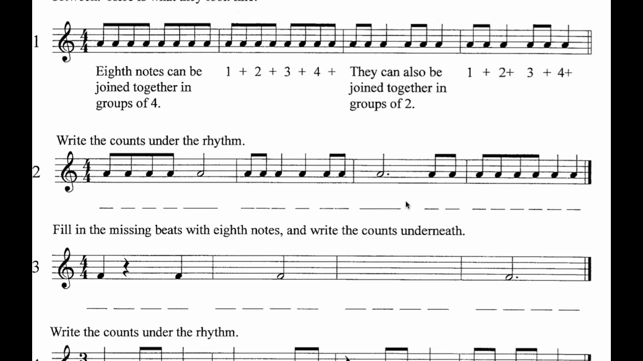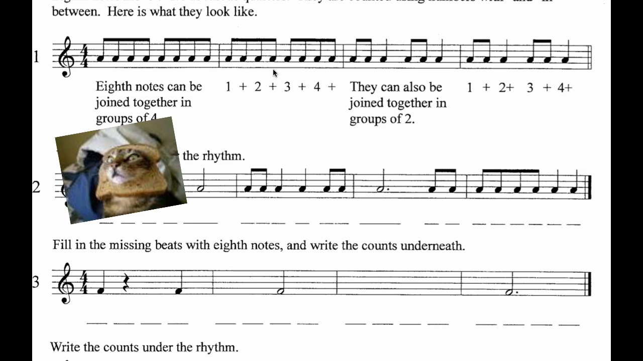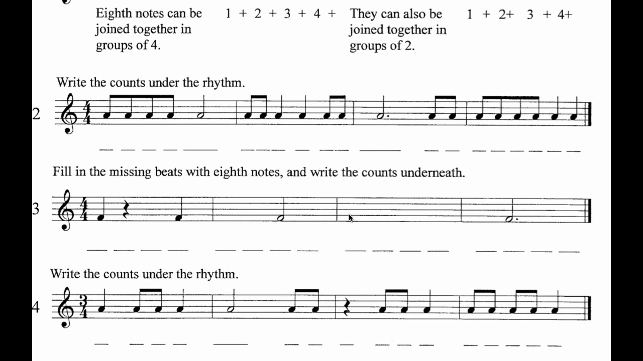Here we're missing all the beats. All you need to do is copy this measure, 1 and 2 and 3 and 4 and. Put it here, write the counts underneath. And in this, we're missing just beat 1. We have